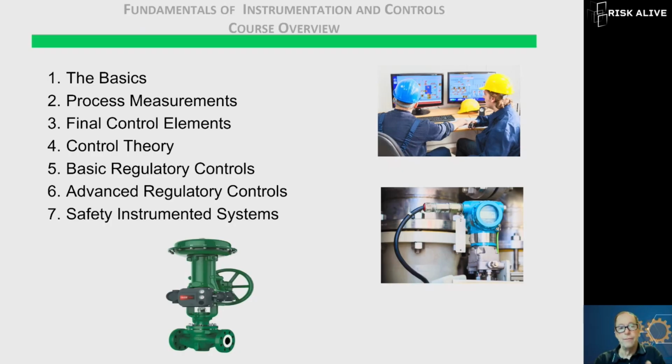Now, this is kind of the course outline. So I've kind of delved in and looked at specific things here quickly, but the overall course outline is really pretty straightforward. We're going to talk about the basics, right? Things like terminology. What's the difference between accuracy and precision? What does probability of failure on demand mean? What do range and span and zero suppression, all these words that can bounce around, what do they actually mean, right? So we're going to cover all the basics and just get a good grounding on automation.